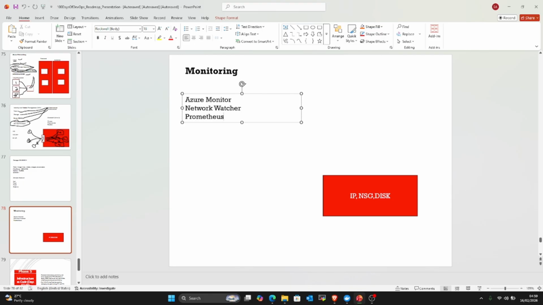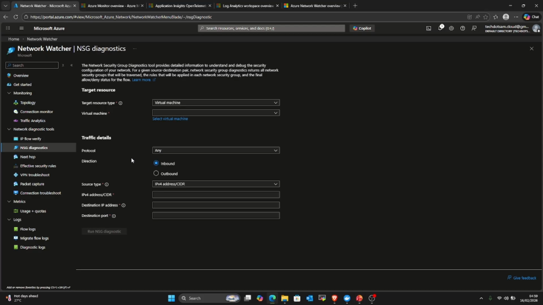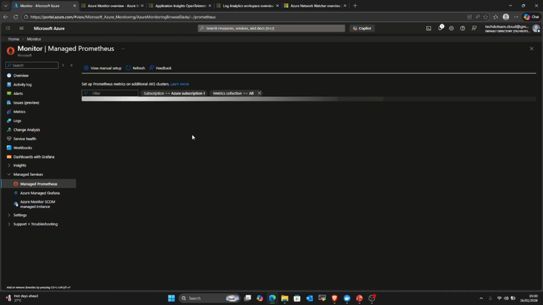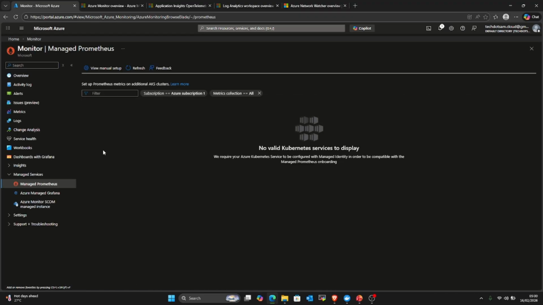Prometheus is best suited to monitor your pods, to monitor your nodes, right? You can integrate Prometheus with Azure Monitor, and you can watch over your pods. And Azure has a managed Prometheus service. When I come here, Azure has a managed Prometheus service. You won't see anything here because we don't have any clusters set up, right? We don't have any clusters set up. So if we had a cluster now, then you can just use the managed Prometheus service to monitor everything that